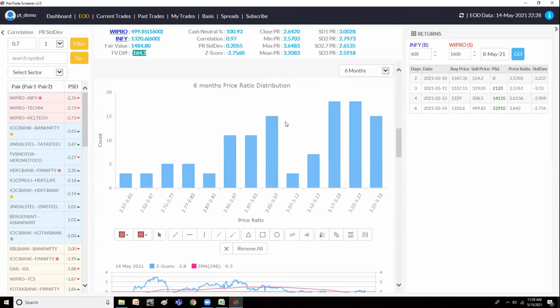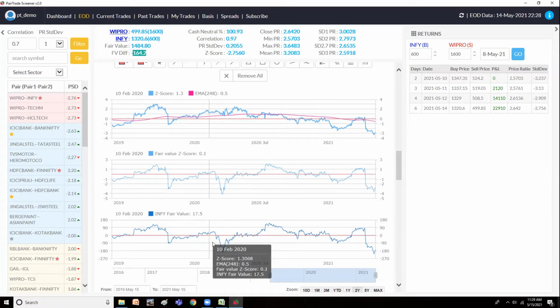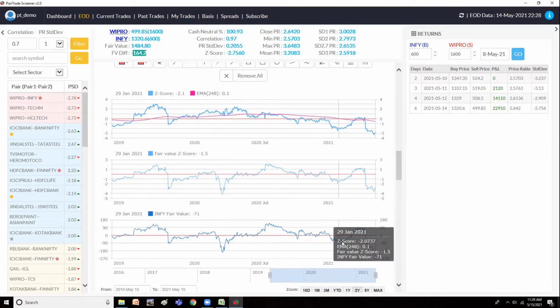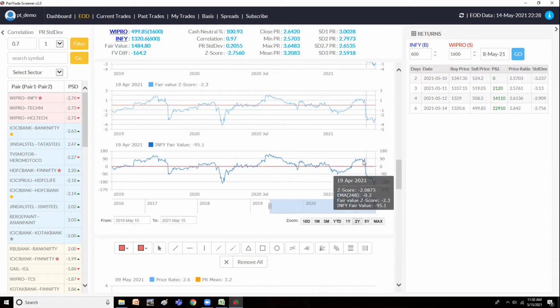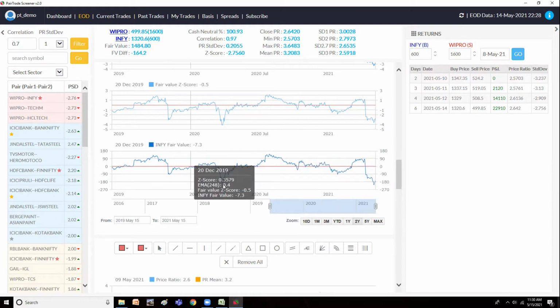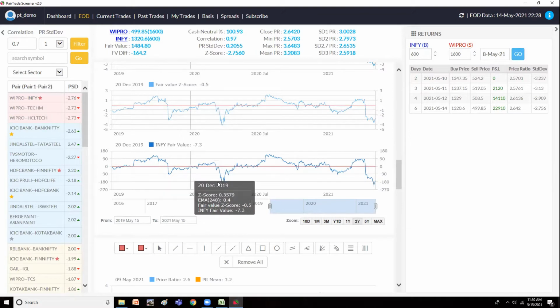So that we see in this chart. So on a day-to-day basis, if we calculate what is the fair value difference, we will know that. See, previously also it has gone to 180 and it has turned back. See, now here also it has come to 180 and it has turned back. So here tells us what is the level. Here it's like 90 level on the positive side, and the negative level it goes to that 90 and then it goes to the 180 level. So a clear indication that there are two different levels we have to track. One is the 90 and one is the 180.